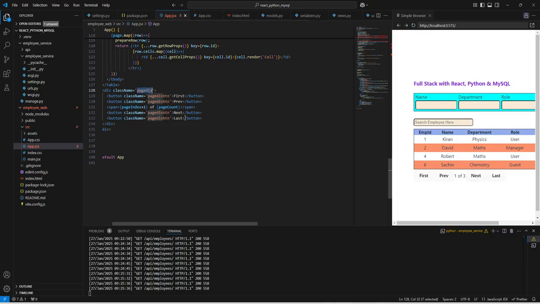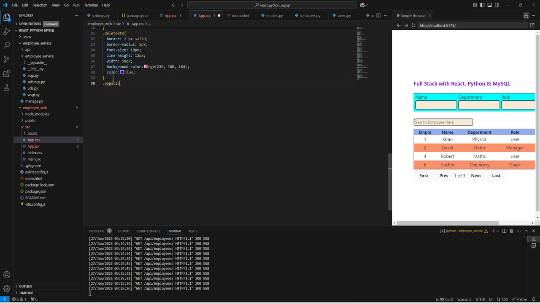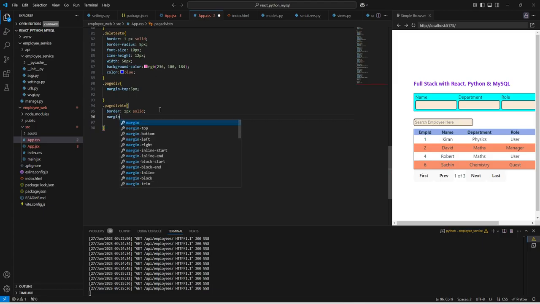Now this is the page view. So we can add some margin top, let's say 5 pixel. So this is page view, and we need to add one page button as well. And for that we can use border 1 pixel solid. Next we can use margin left, let's say 5 pixel,